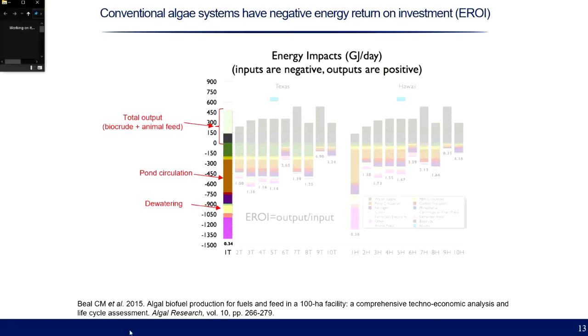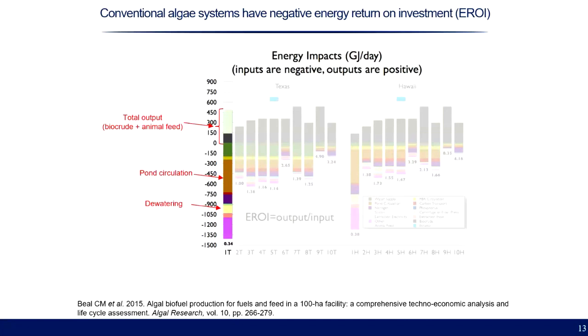This plot shows as positive bars energy output from algae cultivation in terms of the energy contained in the biomass, and the negative bars show energy inputs to algae cultivation. So most algae cultivation methods require more energy in than you get out of them, which is a problem if you're trying to do something like biofuel